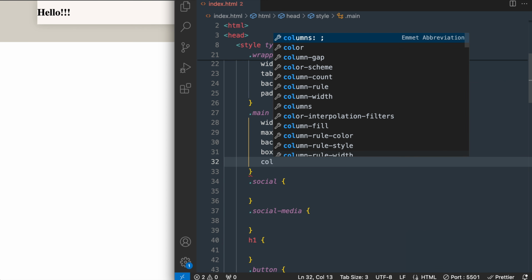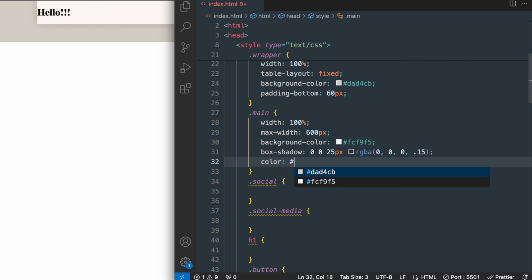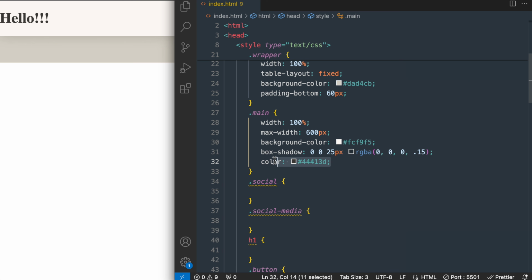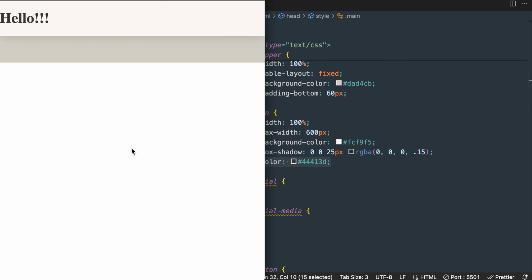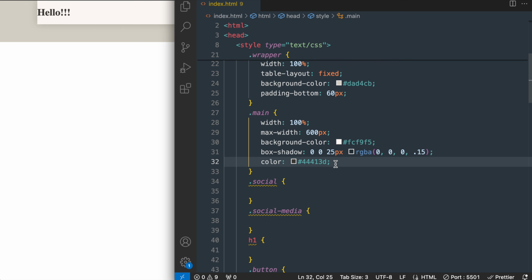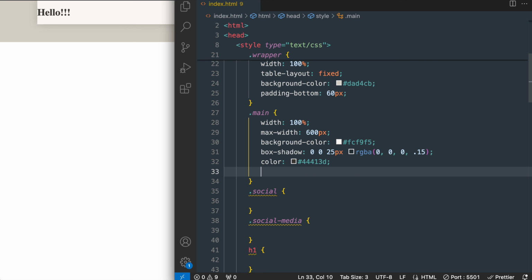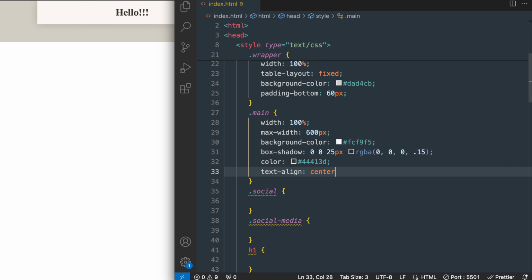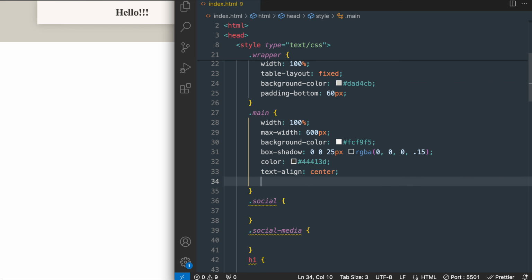Next, for the text color, let's make it a softer shade with 44413D as the hex value, which is a dark gray shade instead of having it black. So if I remove that, changing it back to 000, then add it back, you can see the subtle difference. And all of our text is going to be centered throughout the template, so we can simply add text align center here. Then the last bit of CSS I'll add for the main class is let's change the font family